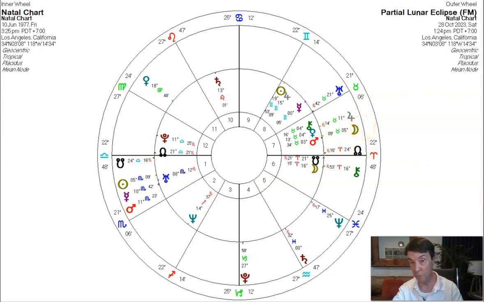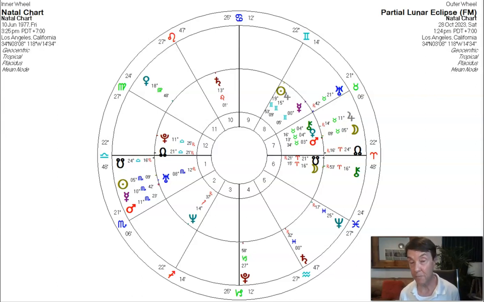This is the eclipse moon. When you have a lunar eclipse being a full moon, something is coming to fruition. Something's coming to the pointy end at a lunar eclipse. Everything has mounted up here, and so it has come to a head or a climax of sorts in this person's 7th house, their relationship house. So their relationships are going to get affected, not just their personal relationships, but all the one-on-ones they have in their life.